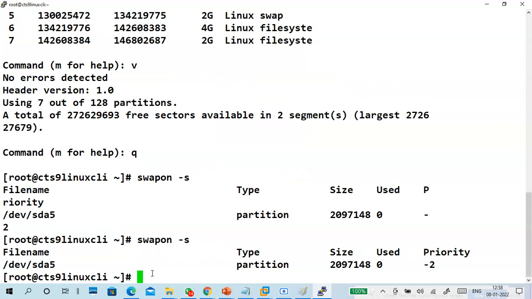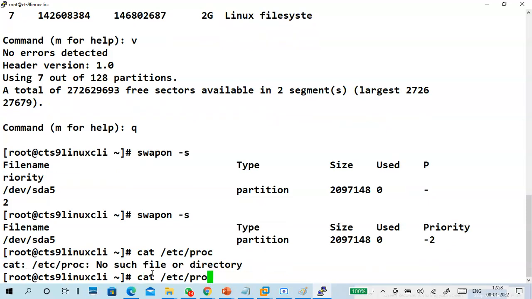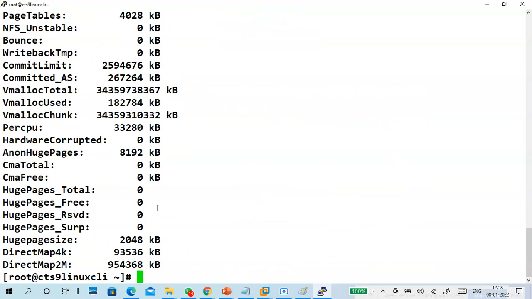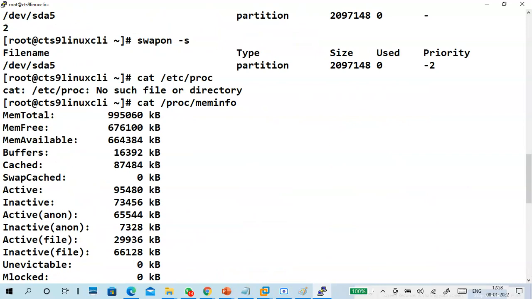Next, one more command I will put. First, I want to put cat /proc/meminfo. This is meminfo.